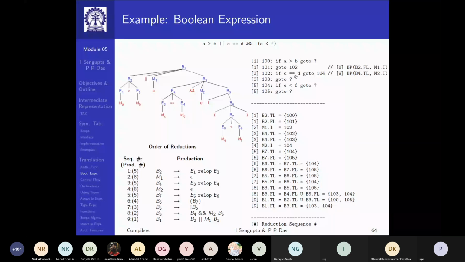So all these are question marks. The backpatches have not happened yet, because they will happen later on. Then you have all these parentheses, which do not give you anything, and you proceed in this way.